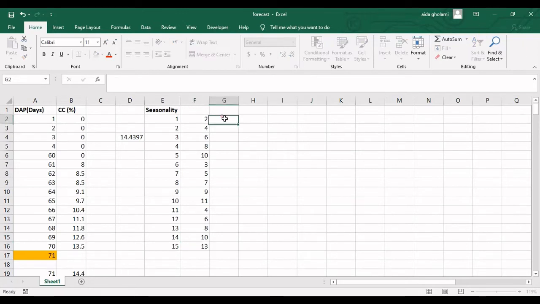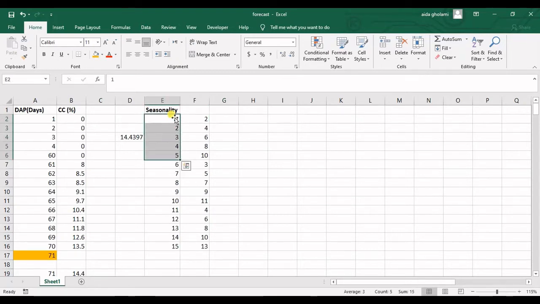Okay, so let's say these are my data, and for this data seasonality is 5 because it starts